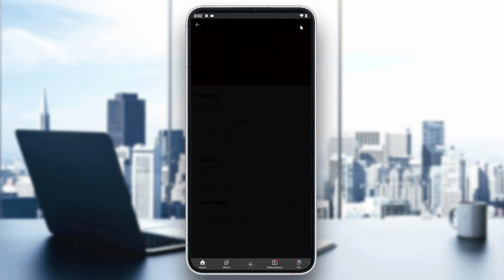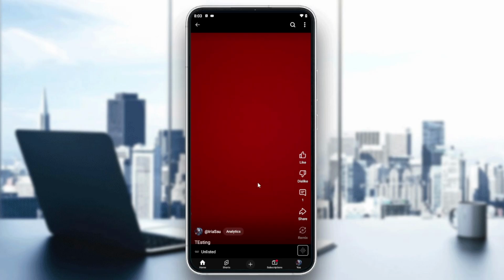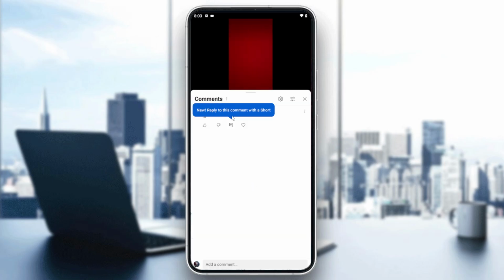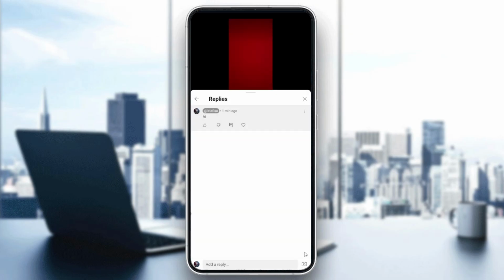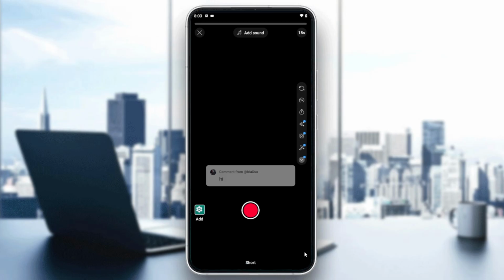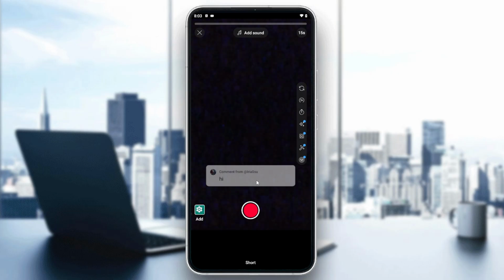Anyways, now we need just to go to the comments. So here I'm just going to click on this, and basically here you will be able to find reply. And now you can see this icon, camera icon, and all you need to do is just to go and click on it, and you can find also another icon, depends on the version of YouTube,